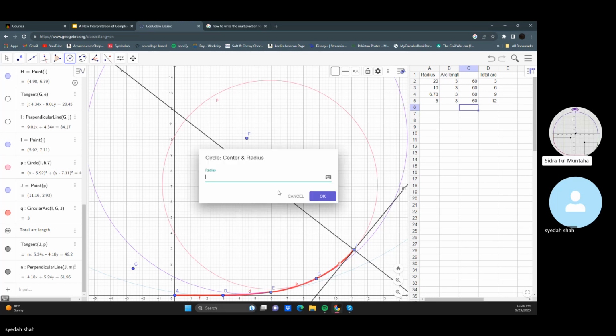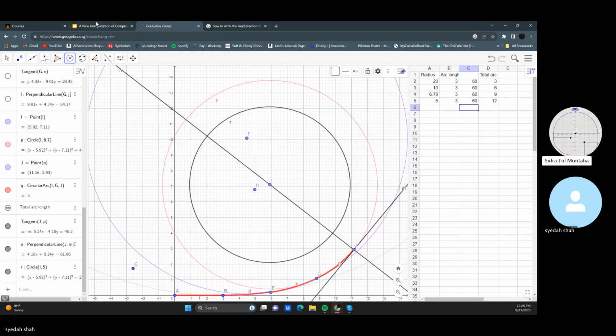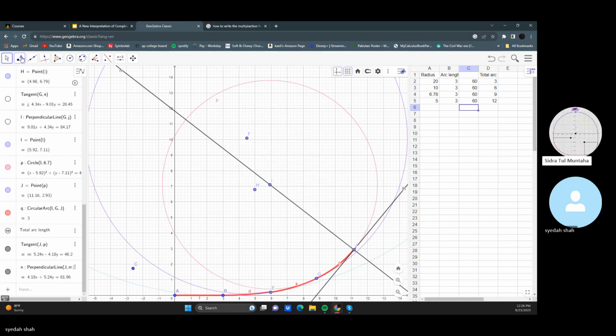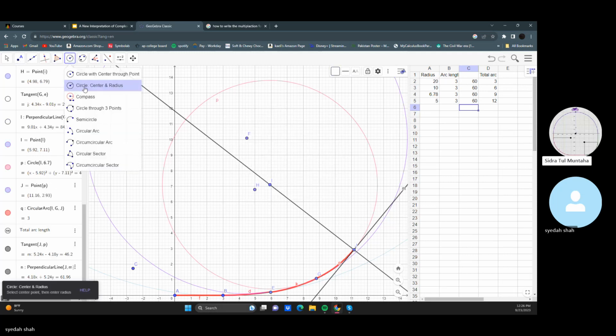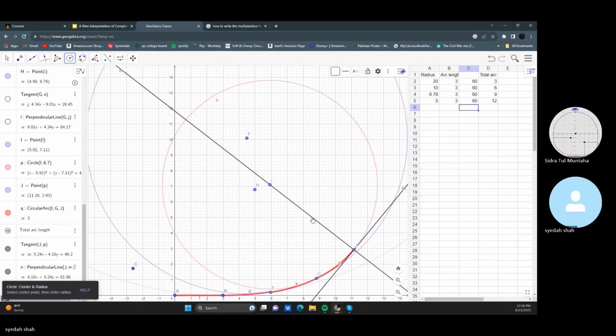The center won't be exactly at the point I, because we can't move the point I as it's already fixed. So we have to make a radius, but it must be